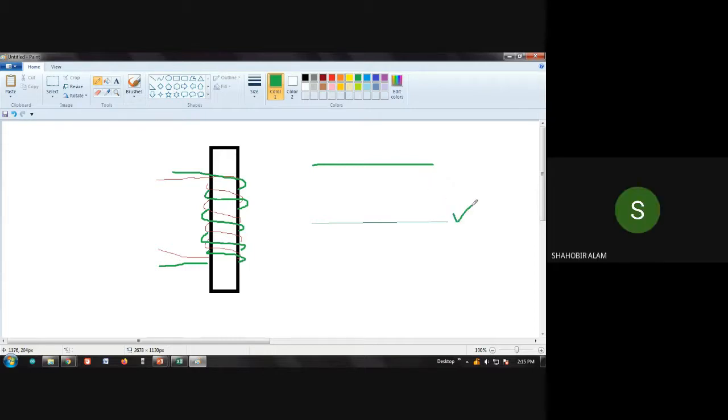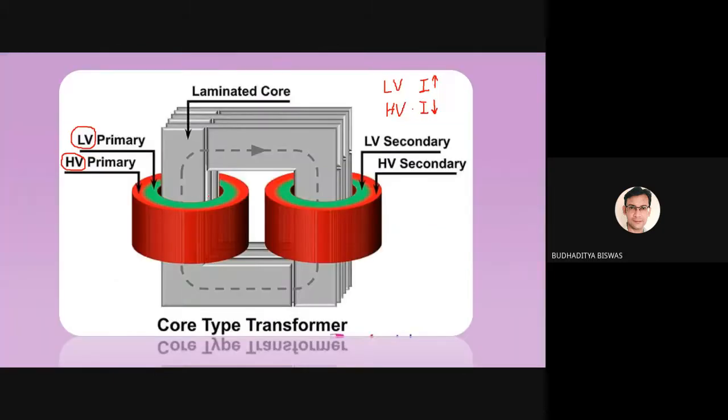Obviously, sir, the second one. Yes, sir. Because if the length is fixed, then nothing will happen. But if the length is variable, then we try to use this wire as little as possible, because this is a much costlier wire compared to this one. More amount of copper is required to construct this wire. That's why on the limb, first we use the low voltage winding, because this one is used to construct at high cost. Then on the top of this one, the high voltage winding.